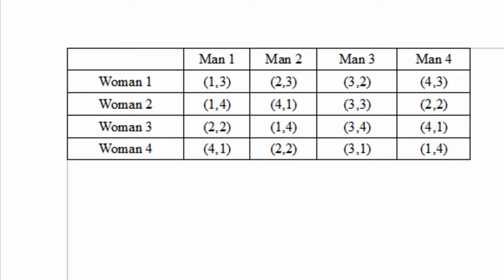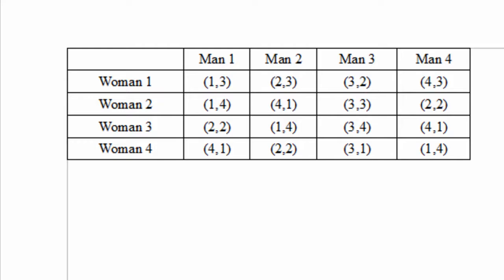So this is a preference matrix for the bipartite relationship. This is an easier way of representing the men's and women's preferences for the other group. The women are labeled on the y-axis, and the men on the x-axis. How to read this graph: we'll take woman 1 and man 1, where they intersect,